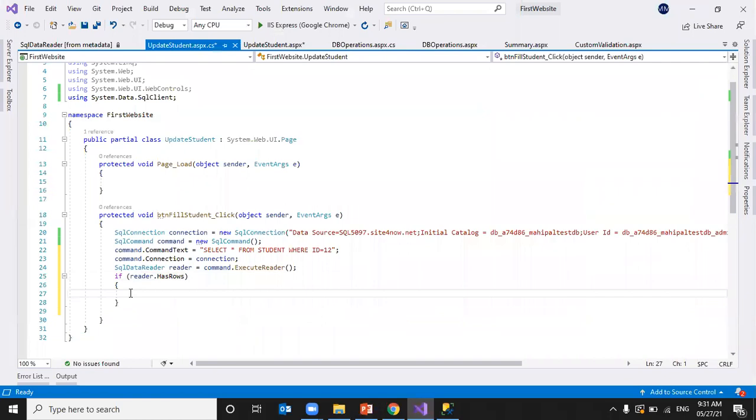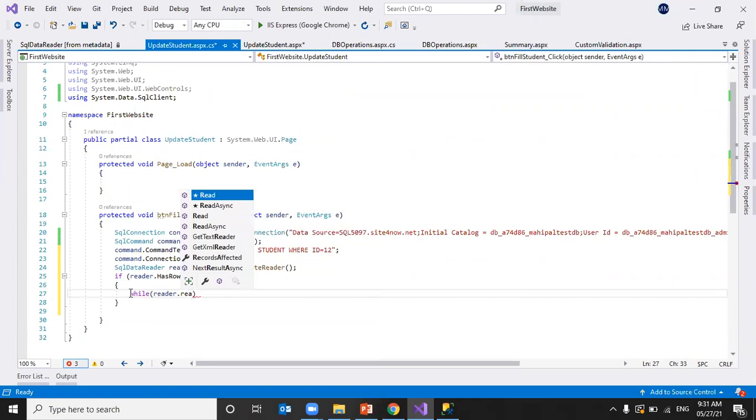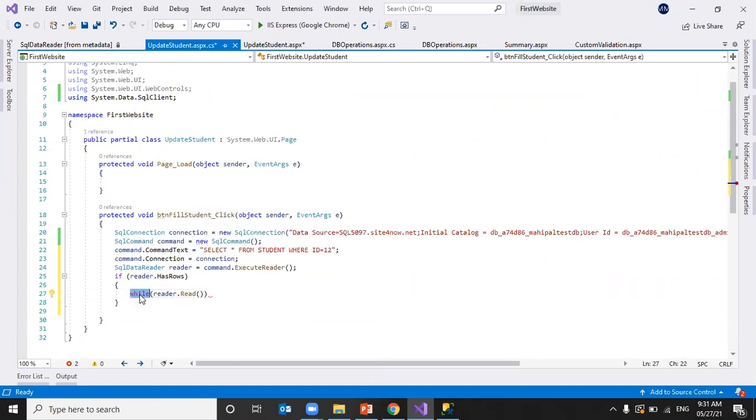If we have a row, we use while reader dot read. Suppose you have multiple records, we use a read while loop. If you have a single record, since we are going to read only one record, we can use if, or we can use while as well. Anything is fine.